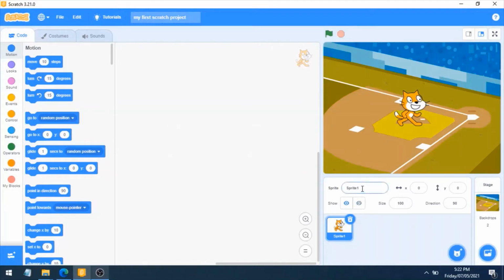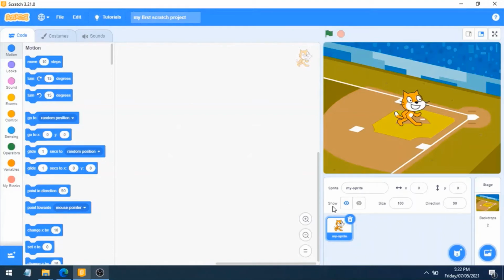The technical name given to it is sprite, and here towards the bottom side, towards this right edge, you can see the various options related to sprite and the backdrop. We'll check them one by one. So here you can change the name of your sprite. Let's say I want to give it the name, my sprite. So here we go, the name has been changed here also.